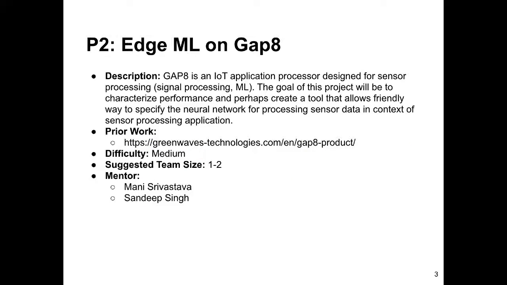Okay. Project 2 is kind of the same space, except that in this particular case, there is a company called Greenwave Technologies, and they have come out with a platform called GAP 8, which is an IoT platform, kind of like your Raspberry Pi and all, but it's specifically optimized for running signal processing and machine learning type workloads. So the idea here would be to use that platform and again go through a similar